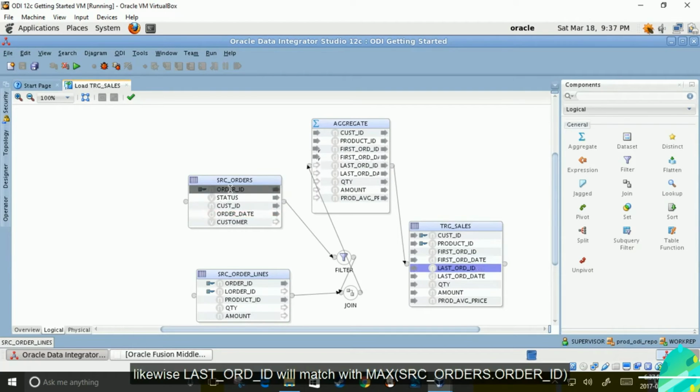Likewise, last order ID field will match with MAX(src_orders.order_ID).